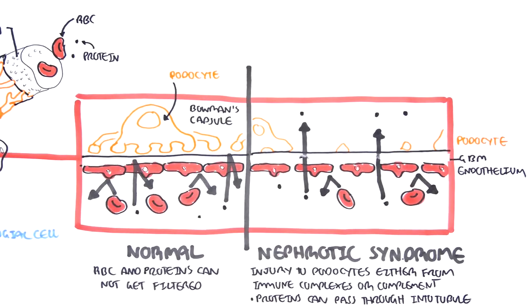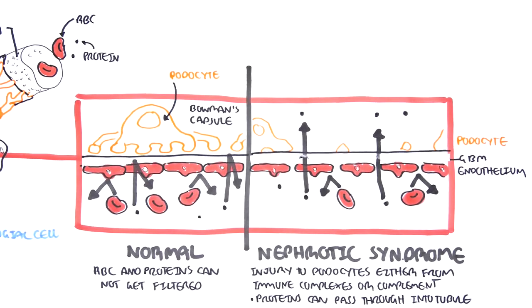Sometimes blood can even get through if the damaged area also includes the glomerular basement membrane and the capillaries. So that was an overview of what happens in nephrotic syndrome. You have immune complex and complement proteins leading to damage to the podocytes, which normally would prevent protein from getting